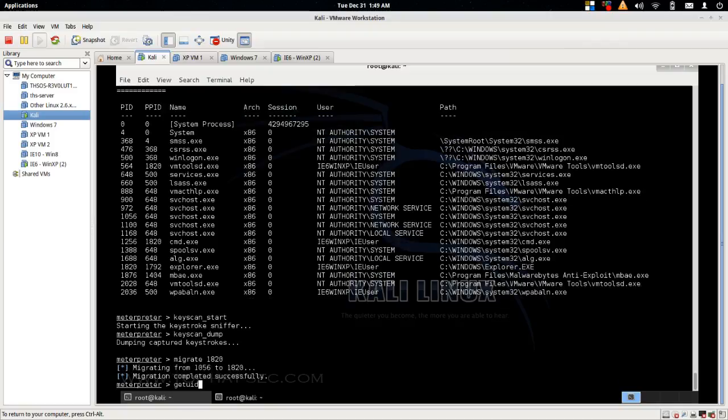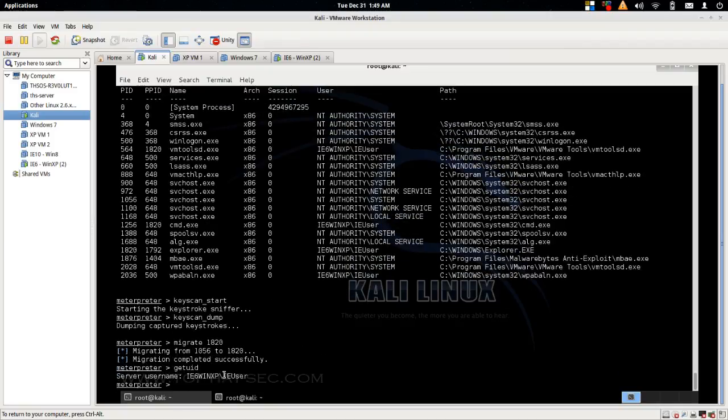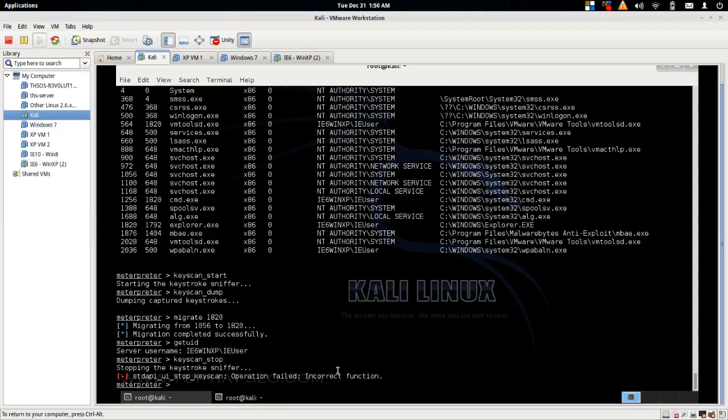Now I can run getuid, and we are now the IE user instead of NT AUTHORITY. So now that I've migrated, let's do a keyscan_stop, and it failed